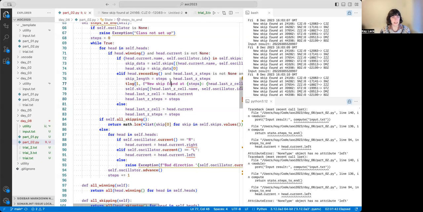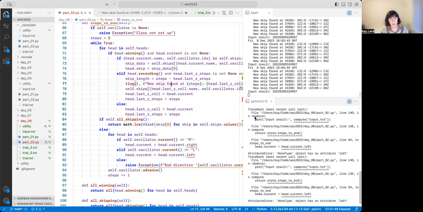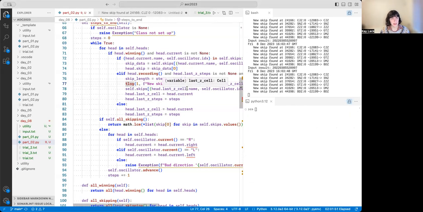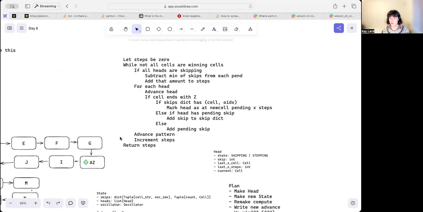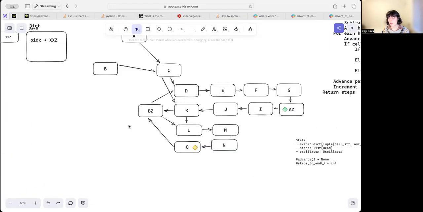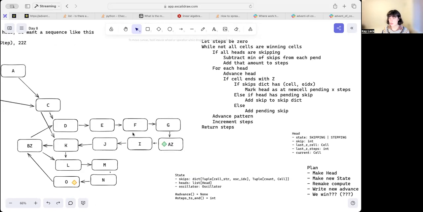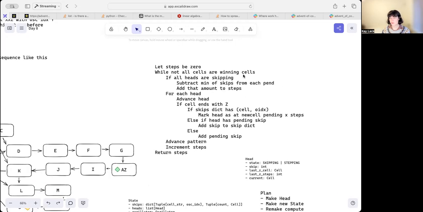So we got the right answer in the end, though it took me a while to figure out why I got the right answer. There are a few things that are sort of basic. The basic approach, as it turned out, was broad. In fact, let me get my diagram up. It was broadly this: we're looking for cycles that the heads experience as they go through the graph. And broadly, this algorithm